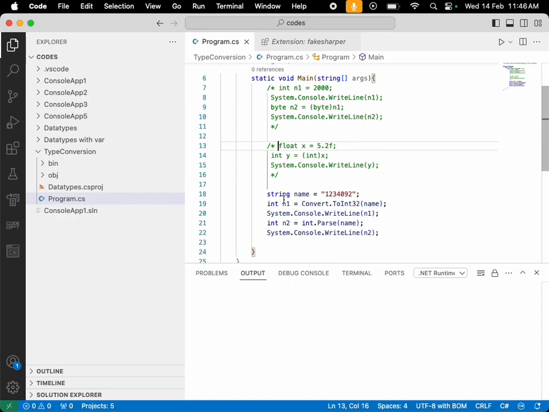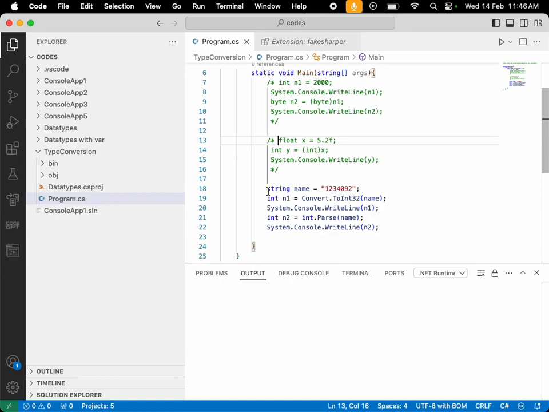Okay, but if you want to convert a string to int, even if you give a conversion word like string or int, it will not convert it. Okay, because it follows a different process. So here you have to use functions like convert. You can convert a string to int or convert a string to float depending on the kind of string you have. That should have only digits or related